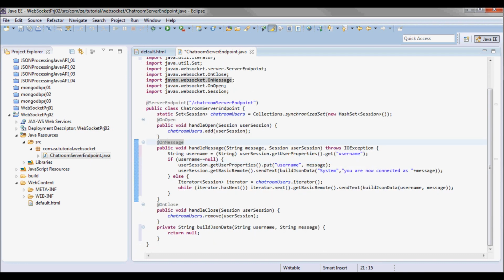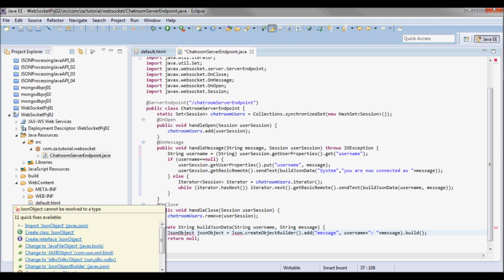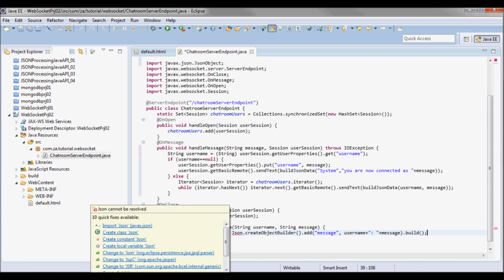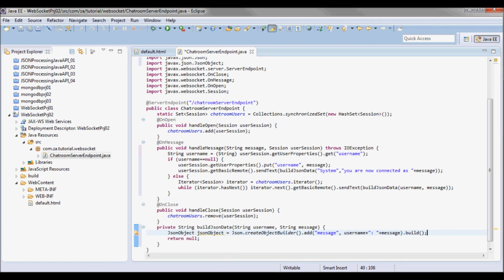Now going to this function build JSON data. So the message that I'm gonna be sending is gonna be the username that's sending that message, and then colon, and then the message that he's sending, and I'm gonna put it under message.